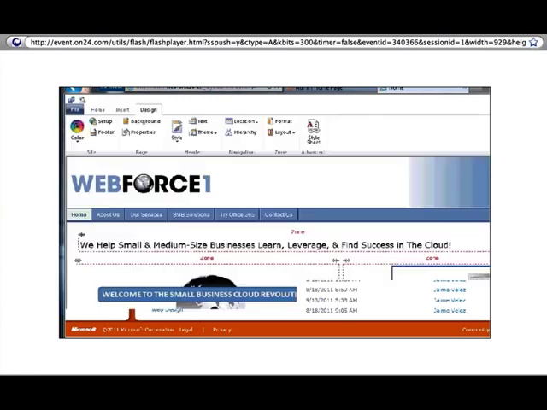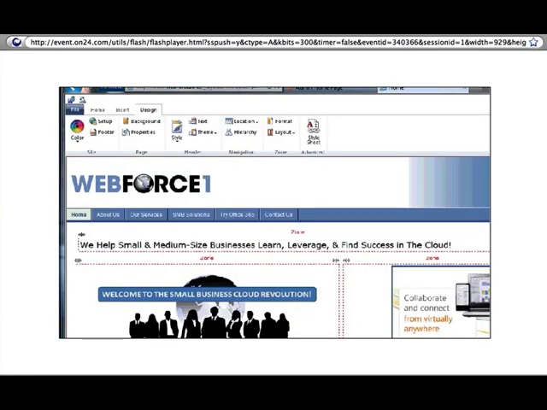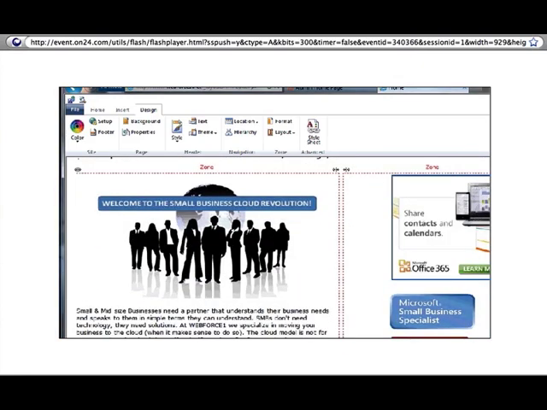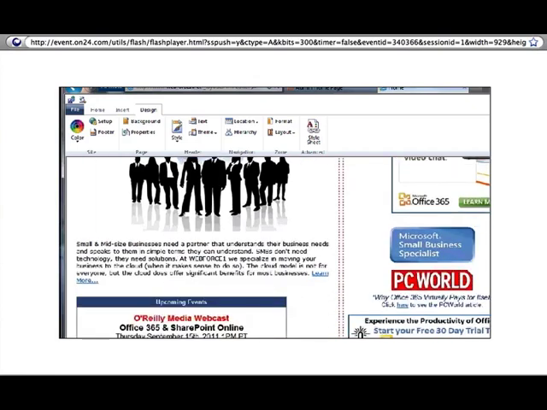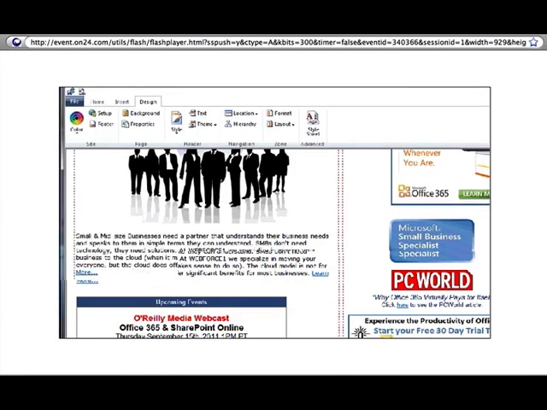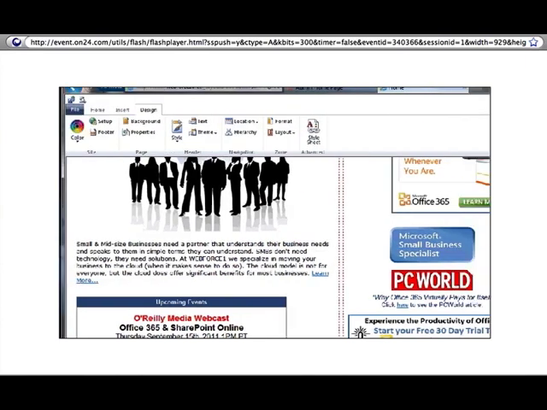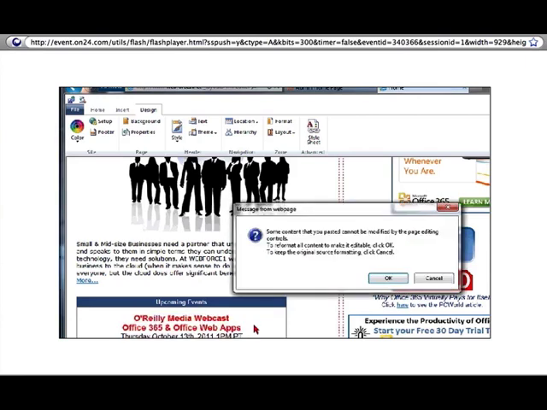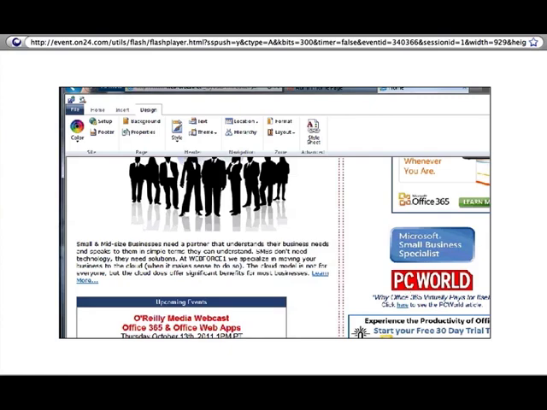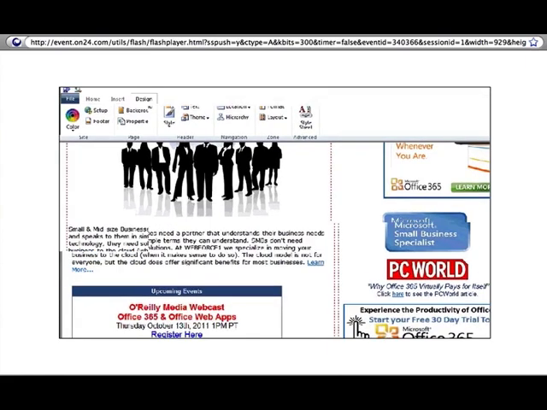So for instance, on the front page of the website, you notice all the content, it's in these little red boxes. Those are called web part zones. So what I want to do is modify the Webcast section here. And all I'm going to do is simply copy and paste from a Word document where I previously put the information in. Okay, so now I should have the latest information here. And what I'm going to do now is just publish the site.